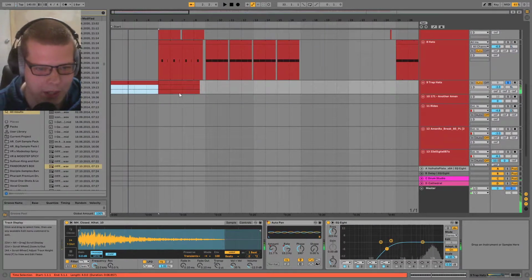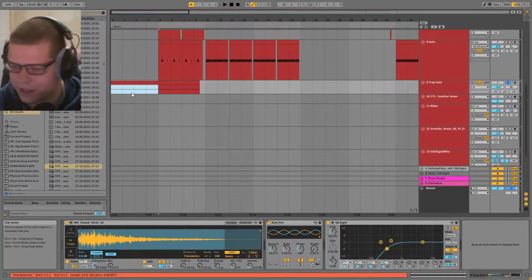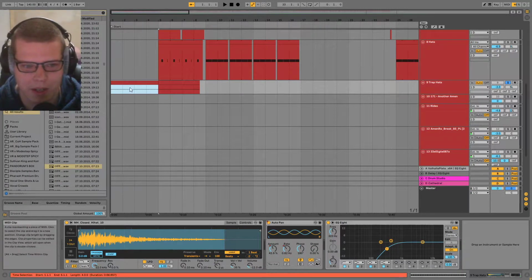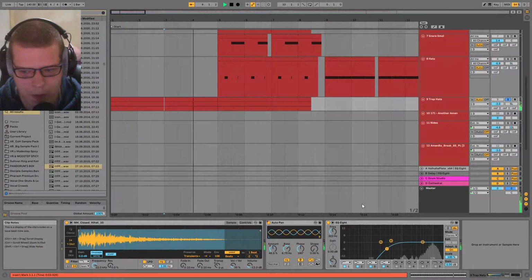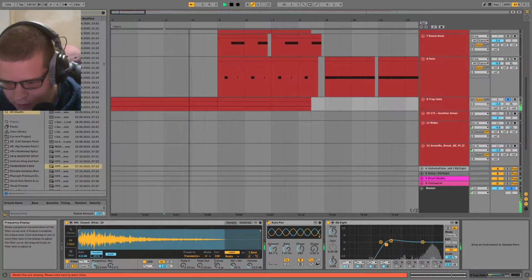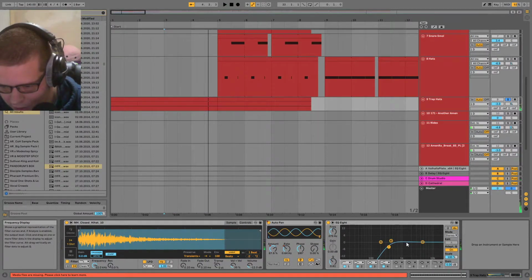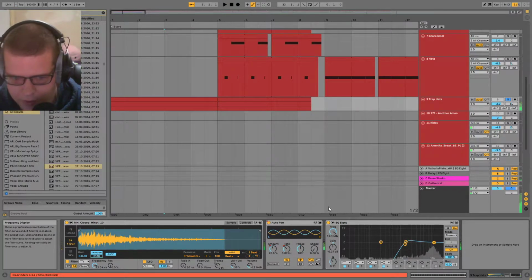So it's actually the same sample as the one that's in Phase Plant, but for this I didn't want there to be any high mids at all. See, it's pretty much just, there's a little bit down here at 1.4k hertz, but most of it is up at 12k.